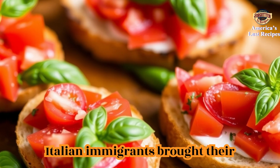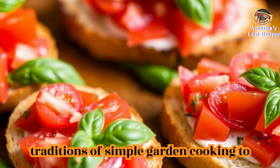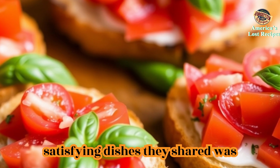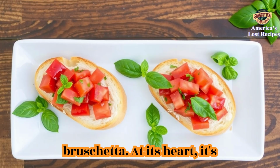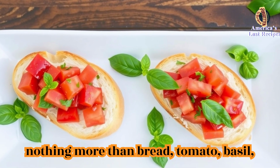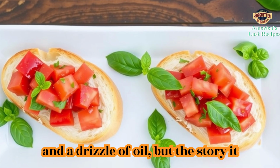For centuries, Italian immigrants brought their traditions of simple garden cooking to America, and one of the easiest yet most satisfying dishes they shared was bruschetta. At its heart, it's nothing more than bread, tomato, basil, and a drizzle of oil, but the story it tells